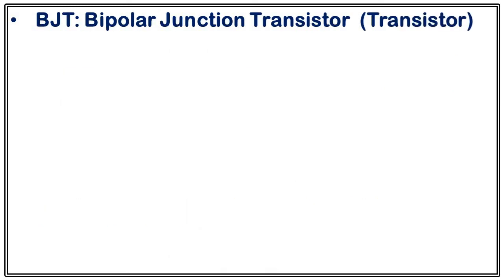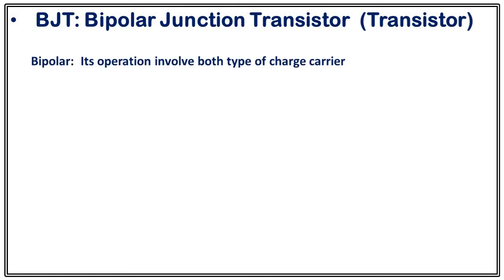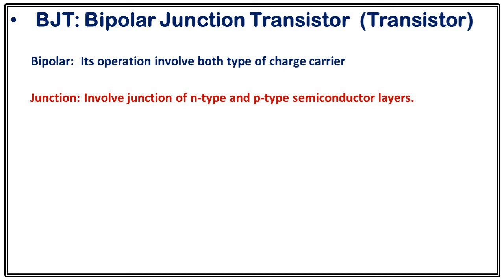Okay. Now we can justify its name, bipolar junction transistor. Bipolar means its operation involves both types of carrier, right? Just like we have seen in the mechanism, for an NPN transistor, electrons were injected from the emitter to the base side and there was recombination with holes. So both types of carrier are involved in the operation. That's why it's a bipolar junction, because it involves a junction of N and P type semiconductor layers. Transistor because of transfer of resistor. So that's how we can justify its name.